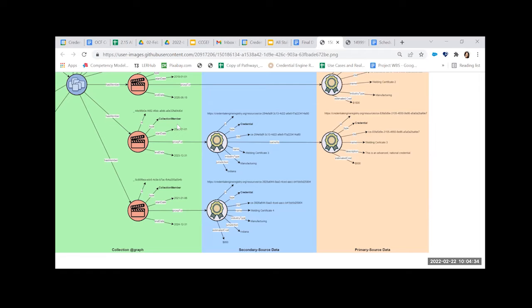So for instance, the state agency here both publishes the collection and this credential data. There are a couple of reasons you might want to do this, and there are these last 2 use cases here. The first one we've got on the example here shows the secondary source data filling in some gaps in the primary source data.